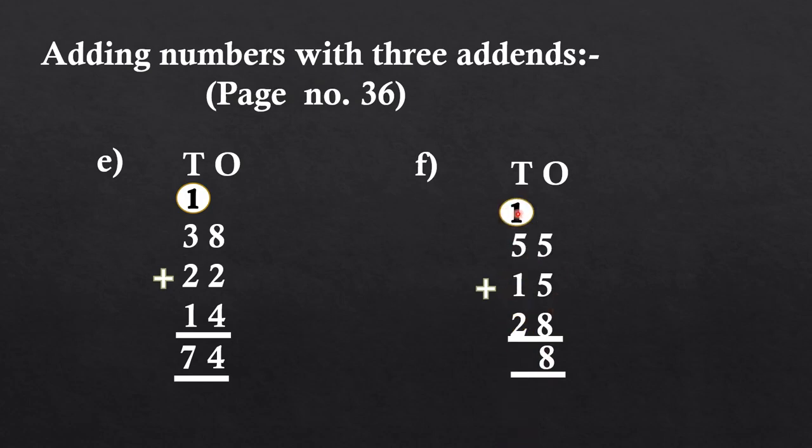So now here we have 4 digits to add. Okay, so keep 5 in your mind, 1 on your finger. So after 5 you have to speak only one number, that is 6. Now keep 6 in your mind and 2 on your fingers. So after 6 we will count 2 numbers. Yes, 7, 8. Now keep 8 in your mind and add carry digit, that is 1. So after 8 you have to count one number only, that is 9. So our answer is 98.